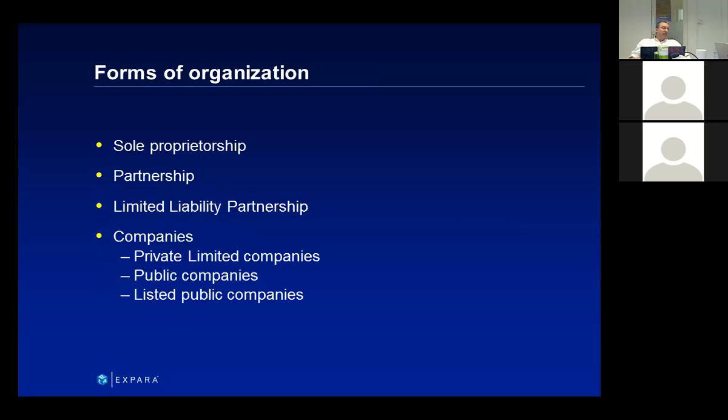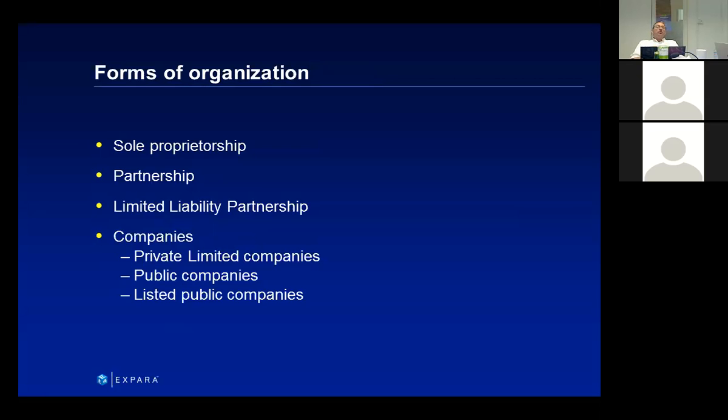So first up is forms of organization of the company. This one I think is pretty straightforward. We must have a company. Sometimes we meet entrepreneurs who don't have a company yet. That's okay, but then we will help them set up a company. Of course, in order to get investment, you have to have a company. No professional investor will invest in anything other than a company.